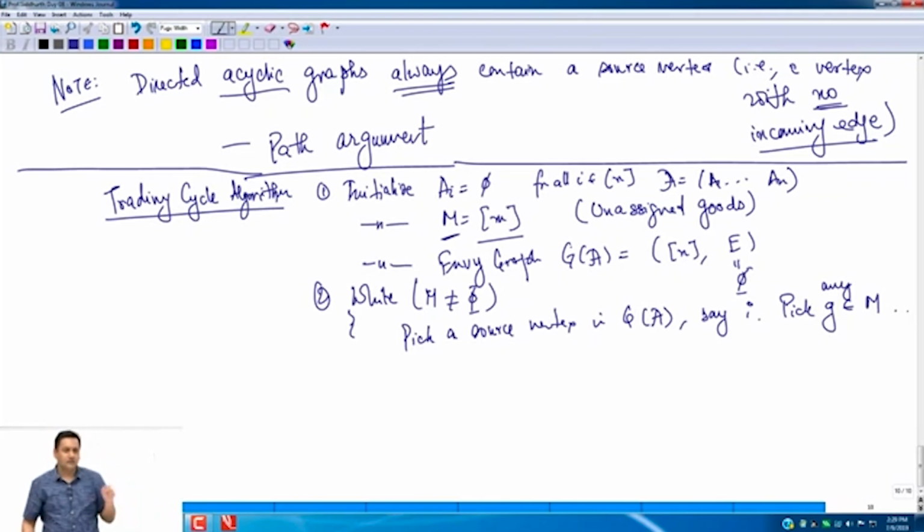The arbitrariness of this algorithm is sometimes intriguing, in the sense that I'm actually going to pick any good. That really does not matter. I don't even have to look at a choice. I just have a whole bunch of things in my Santa Claus bag. I'll pick anything, and I look at the one that no one is envying. It's like a poor kid standing in the corner, and I'll give the next good to this person. I'll update my envy graph, shuffle these cycles around, and march on.